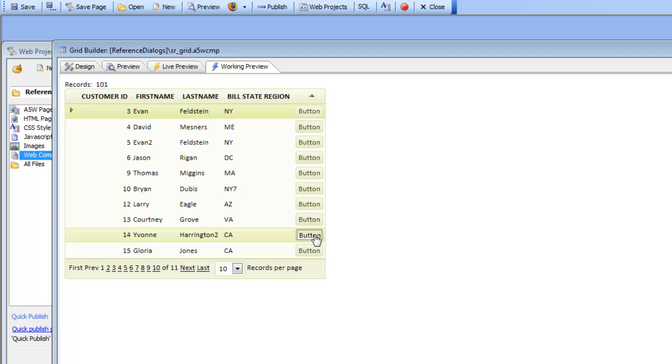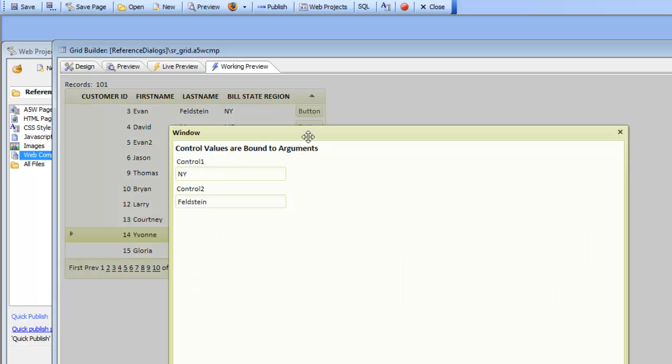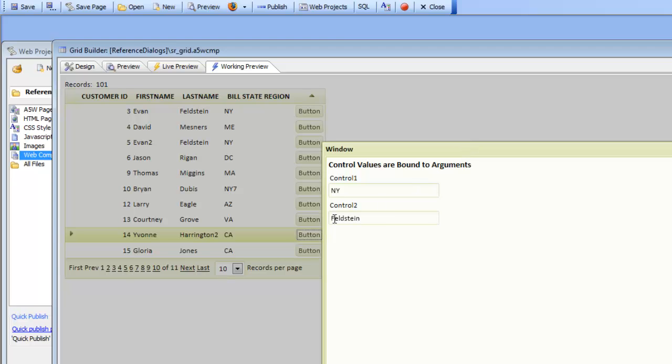So we click the button, we can see that our client-side onSynchronize event happens, but there's no code there to actually do anything. So then the dialog window gets shown, but you can see that the dialog window is still showing the initial values that it had when it was opened up the first time, because the onSynchronize event is actually not doing anything. So in theory it would be possible to reset these two control values by looking at data that gets passed into